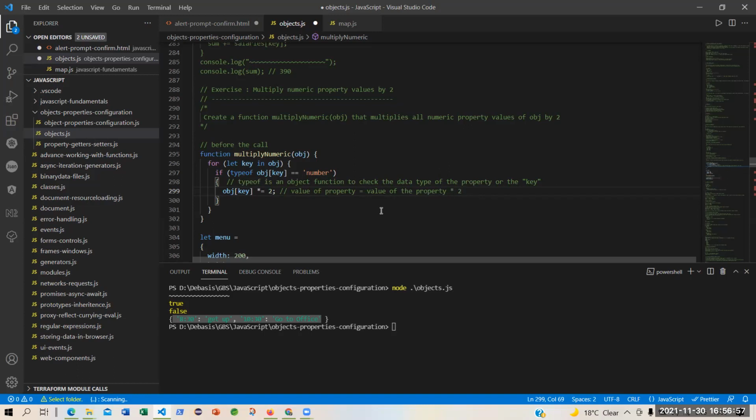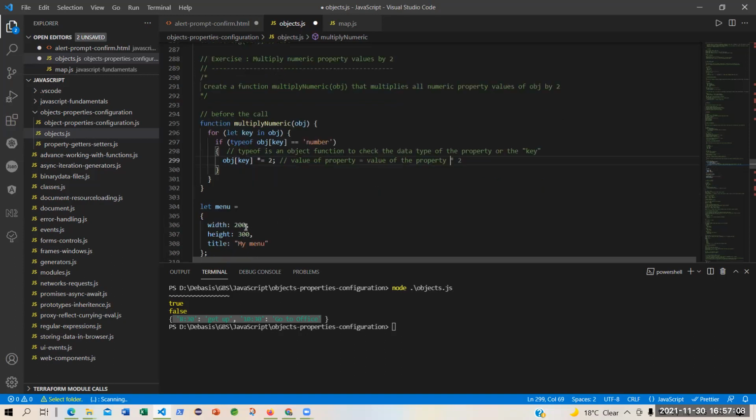Okay. Because this value will be carried forward. I want to multiply, sorry, it will not be carried forward, but this property width will be multiplied by 2. So it becomes 400. This will be multiplied by 2, it will be 600. Will this be multiplied by 2?